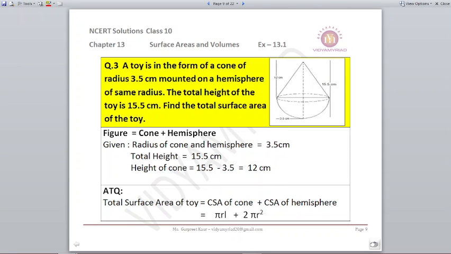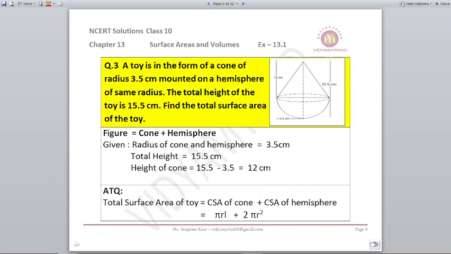A toy is in a form of a cone of radius 3.5 cm mounted on a hemisphere of the same radius. The total height of the toy is 15.5. Find the total surface area of the toy. Now toy is made up of cone and hemisphere. Radius of the cone and hemisphere is same as 3.5 centimeters. Total height given to us is 15.5. So height of the cone will be 15.5 minus 3.5, which is the radius of the hemisphere,